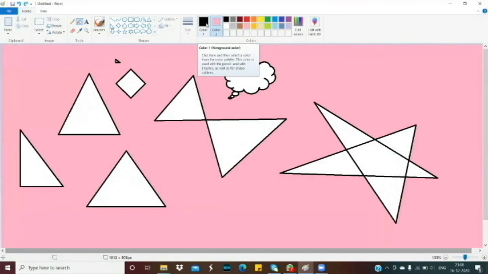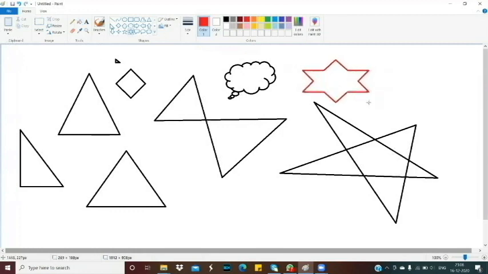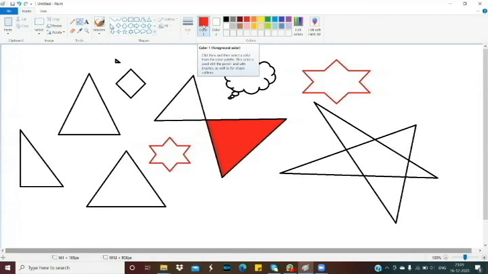Now, if you want to draw any picture in a different color, what do you have to do? Here, see, this foreground color you have to change. So first click on it and change it to red. Now you can draw flower or star in red color. Okay, whatever color you are selecting here, in that color you can fill and draw. Here if you take fill with color and fill it, that will be red color. Whatever color is selected as foreground will be taken for drawing and filling.